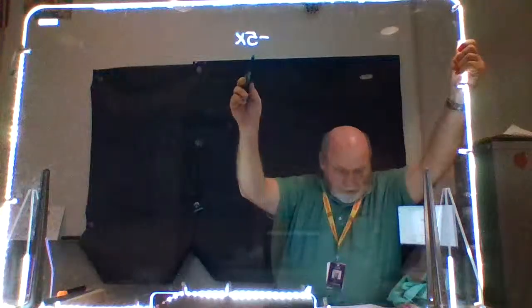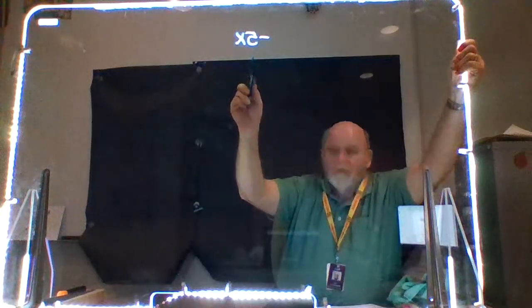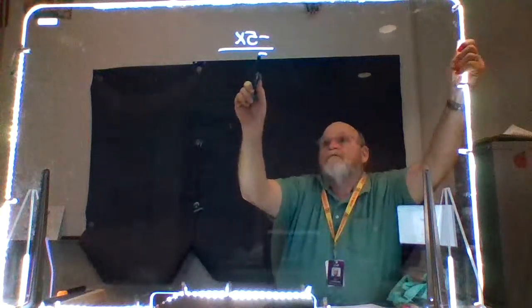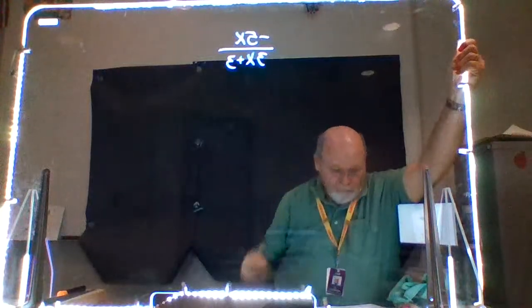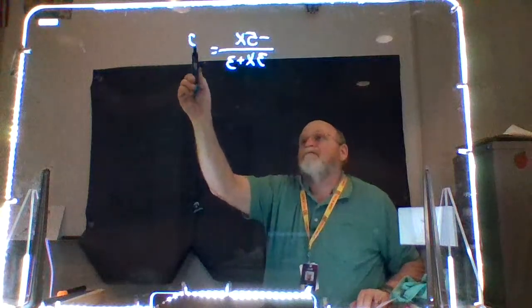So I have negative 5x over 3x plus 3 equals 2x over 6x plus 6,